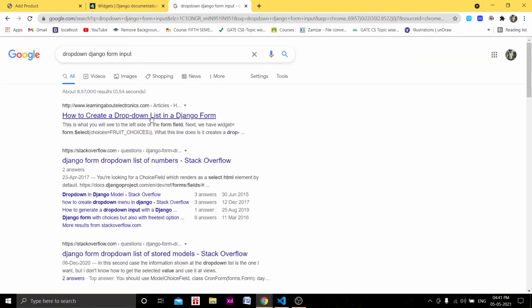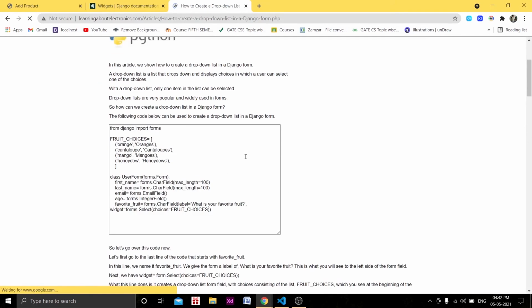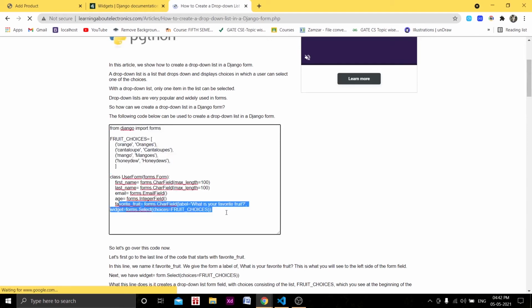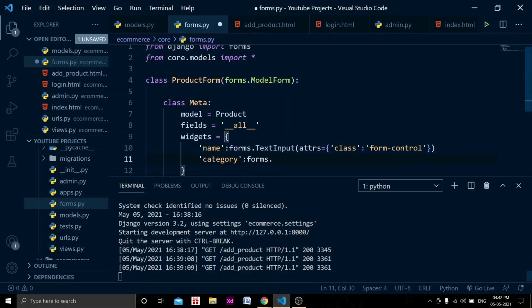Okay, fruit choices is here. It's forms.Select, but how are we going to do it?